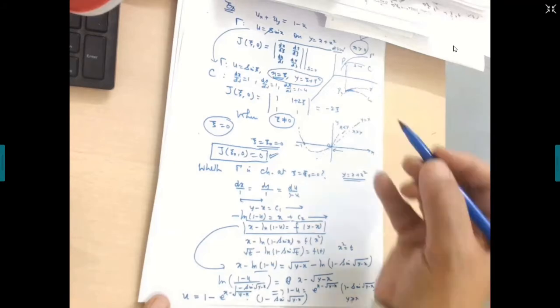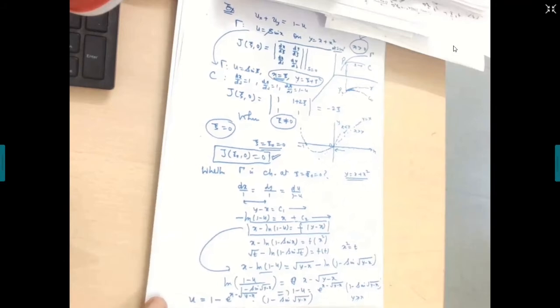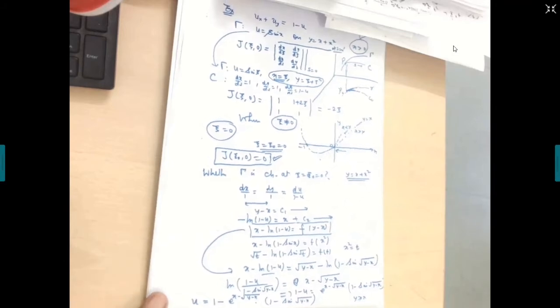What happens to the solution when xi goes to 0? And what is xi? x goes to 0. When x goes to 0, is that right? So how will we find it out?